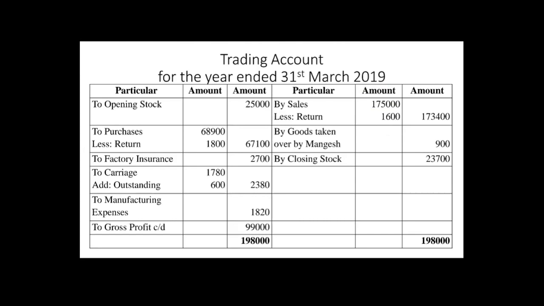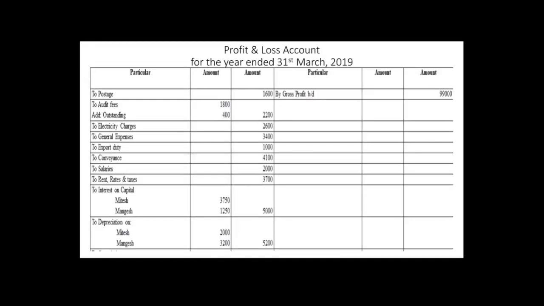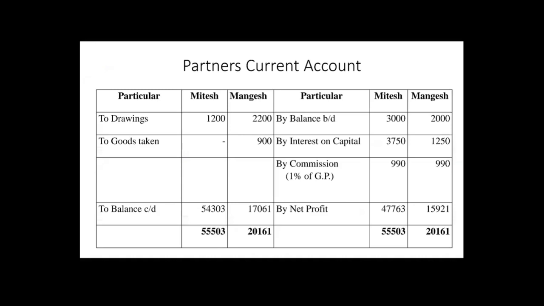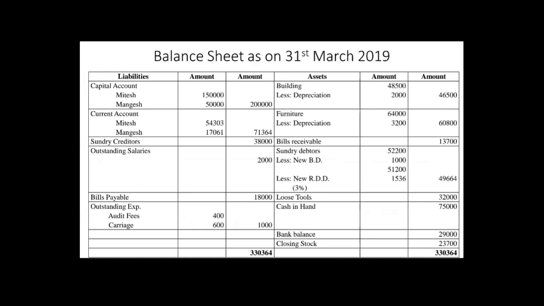Now the next one is the capital, which is given. Capital is the amount which should be recorded in the partner's capital account. But here we have prepared the partner's current account, and in the capital account the amounts never change. So in place of preparing a separate capital account, we directly record that amount in liabilities.